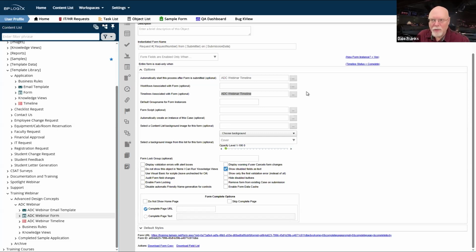I've now got a drop down that I've got to search through, and I've got to find the right timeline, and I select it. And only after I select it will it show me all of the other timeline attributes that I actually need to fill out the timeline. So it makes my life easier. Is it required? Nope. That's why it says optional. It's not required. Now, as far as this goes, workflows associated with form.